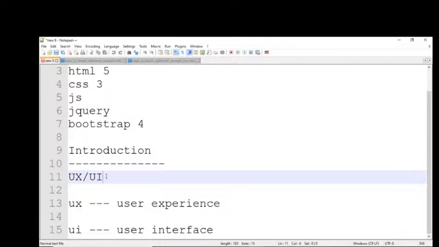So how can we interact? By clicking on something, by hovering on something, by scrolling up, scrolling down, or by typing. So what he is doing, he is interacting with our application. Clear, everybody? So by using the user interface, we can let the user interact. User experience means what the user can experience. For example,